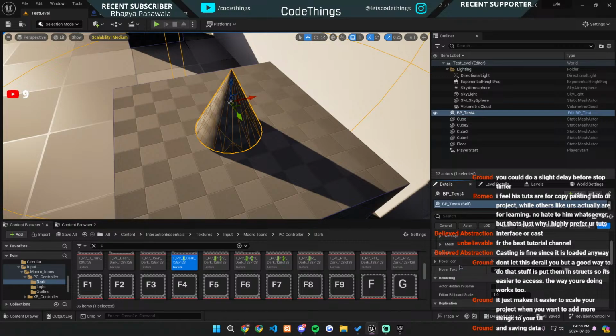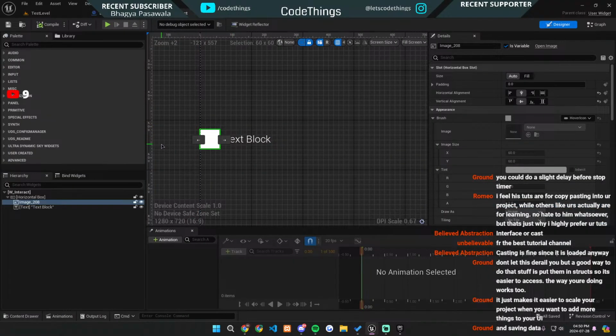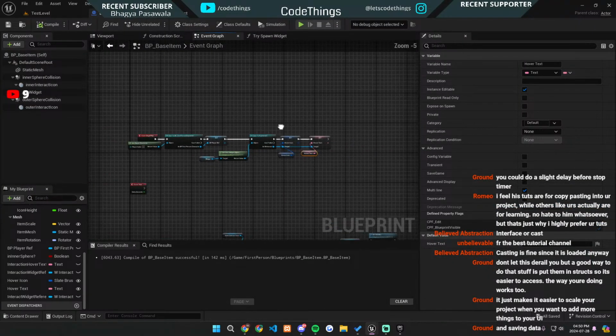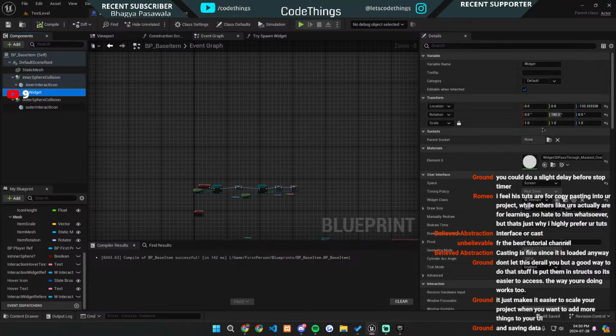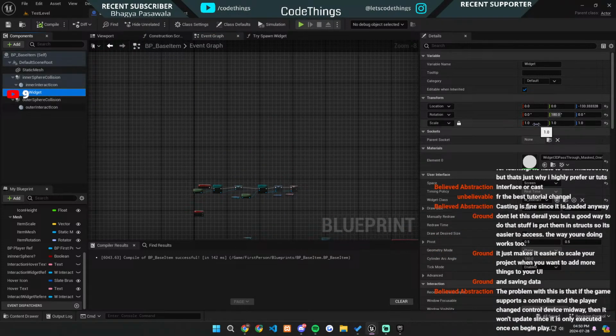Okay, let me actually set these so it's in line with all of this stuff. Let's see, so I'm going to do the image size, obviously can't really change, but I'm going to go to the actual base item. And where did I set the, let's see, spawn widget? Oh, right here. Let's set this to be,